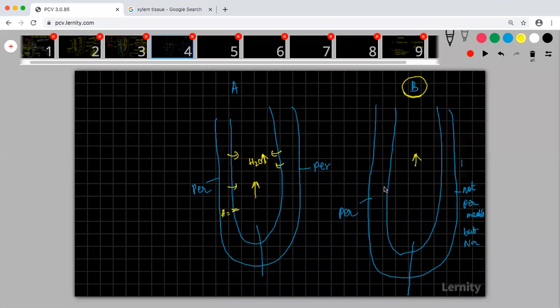Why? Because as the water is absorbed here, you are absorbing sodium more and it is trying to balance it. So it is trying to reduce the water concentration. So what will happen? More and more water will be absorbed here. In case of A, what will happen? Only the water concentration will go up and beyond a point, this absorption will stop. Are we able to understand?